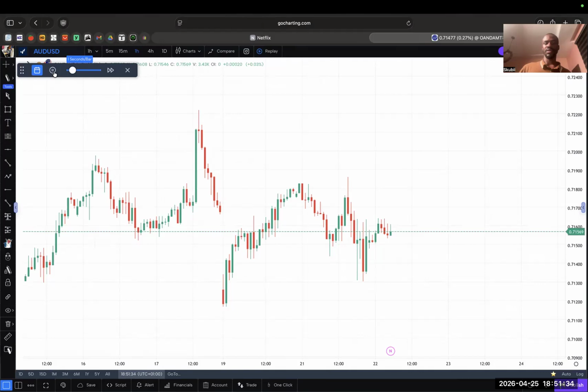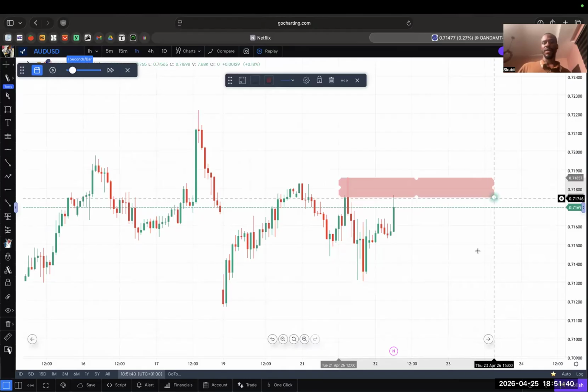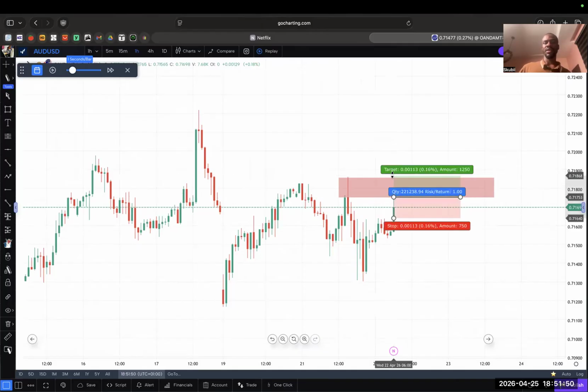Let me see. I think this was it. Yes, this was it. Where price actually tapped this resistance level here. Price tapped this resistance level here. And what we're looking out for basically was something like this. An entry here, and I think stop loss slightly above here. Or was there a confirmation on the lower time frame? And then target like this. This was what I was basically looking at.